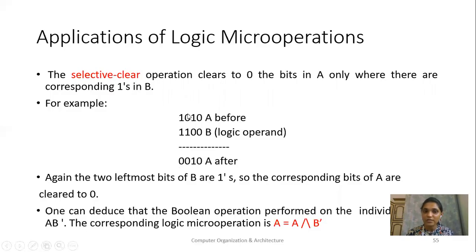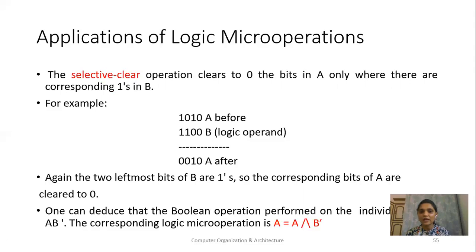If I want to selectively clear these two bits, then I first have to select them and put them as 1, and then take the complement of that number. That means I will have 0 0 1 1, and then when I do ANDing, in place of 1 I will get whatever the second number has, that means I will get 1 0, but in place of 0 0, that is the complement of 1 1, I will get 0 0. So I can do selectively clear.